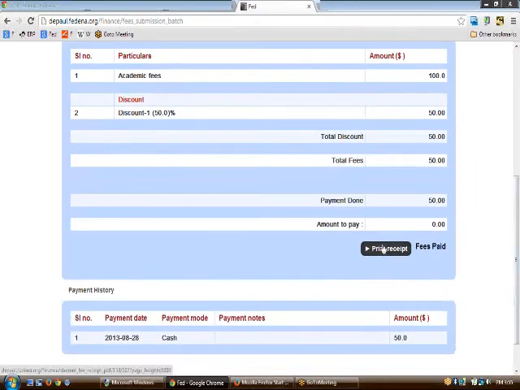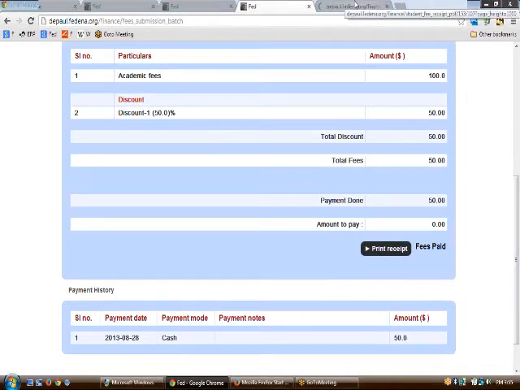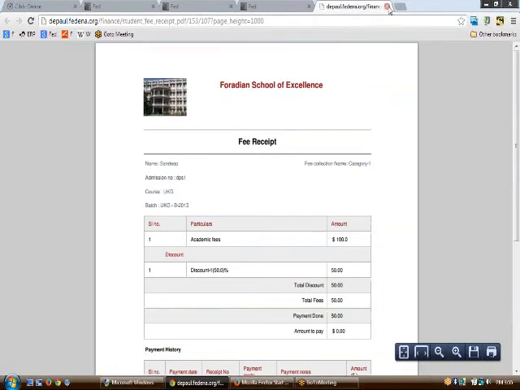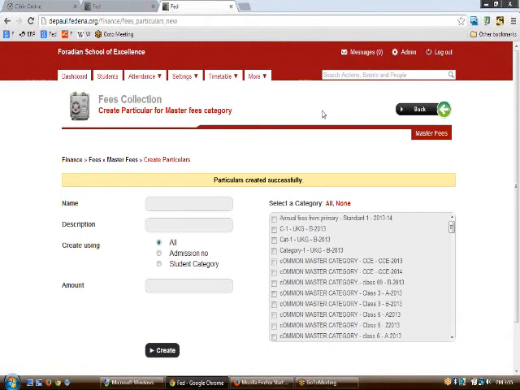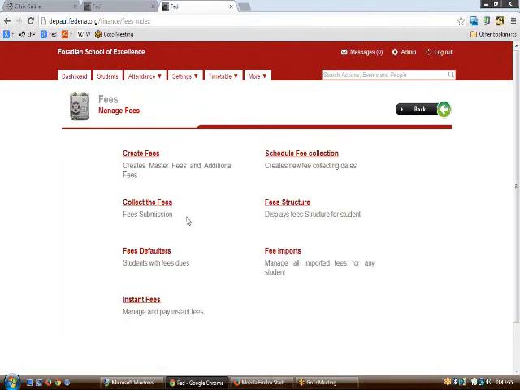Again, if you want to print the receipt for it, you can click upon print receipt, and here you get a receipt for the fees that was paid right now. The fees can be paid for a particular course or for a particular student also. The fee structure can be viewed as I have shown it to you.